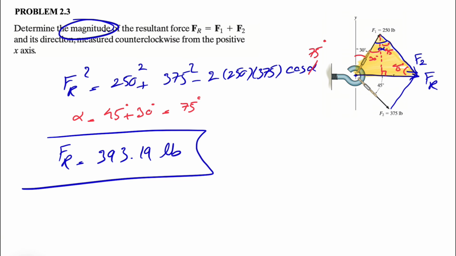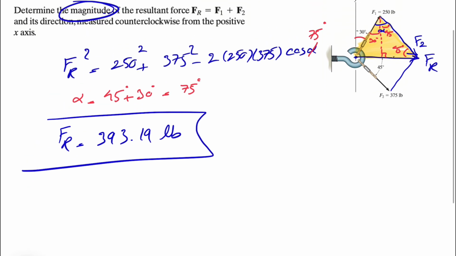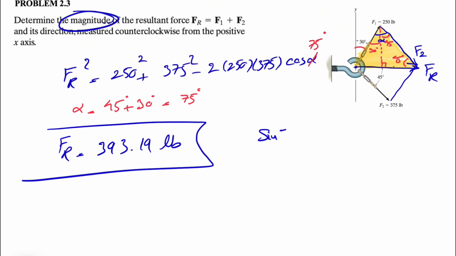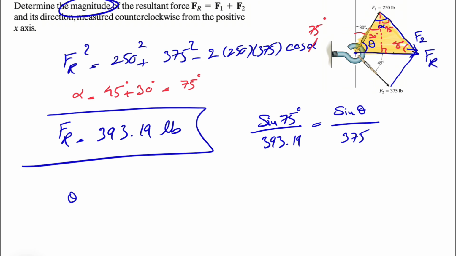Now we can use the law of sines in order to find the angle that FR makes counterclockwise from the positive x-axis. So if we want to do the law of sines, we basically have sine of alpha, or 75 degrees, over FR, which we found is 393.19, is equal to, we can call this angle theta, sine of theta over F2, which is 375. So our theta would be basically sine inverse of